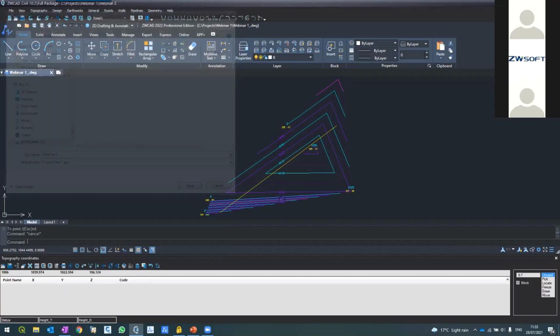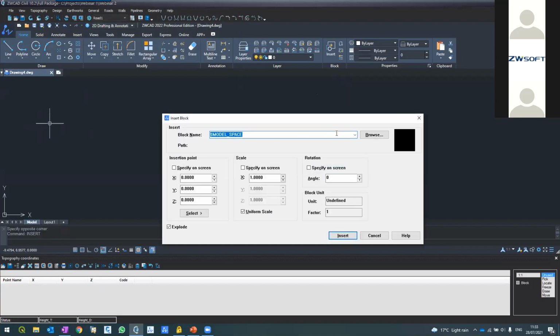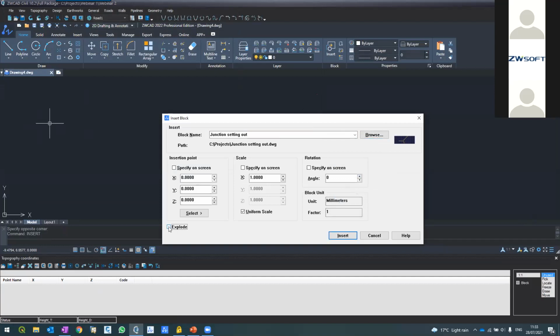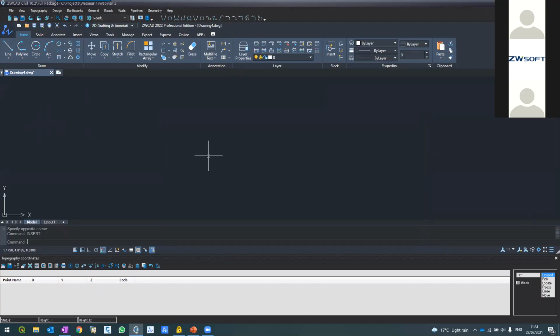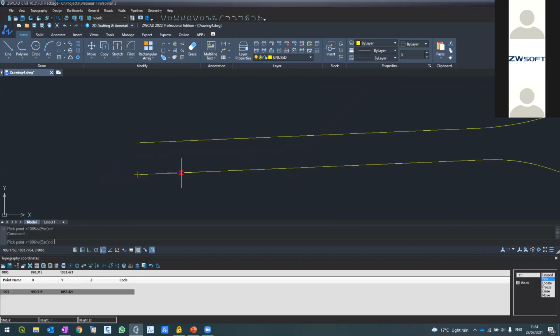if now I'm a construction company, I'm a surveyor, and I open a new project, what I'll do is insert a DWG. This one, I got it from the designer. Okay, this is a junction and I want to set it out in the field. I can click here the pick. So the software shows point number 1005. Okay, starting from here,